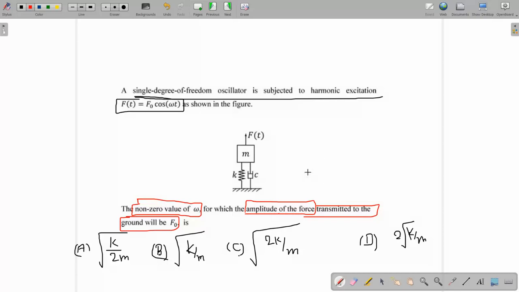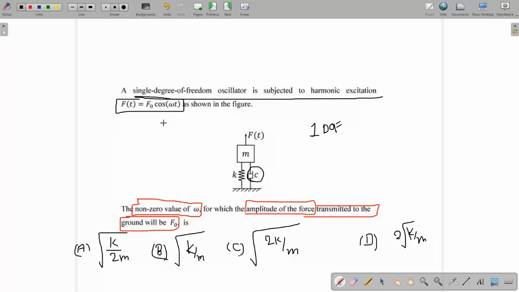First of all, we have to find out which kind of system this is. This is a 1 degree of freedom system because only one independent coordinate is required to describe the system. Only one mass is there, with a damper also. So this is a damped system, and an external force is required, that is, forced damped vibration with a single degree of freedom.